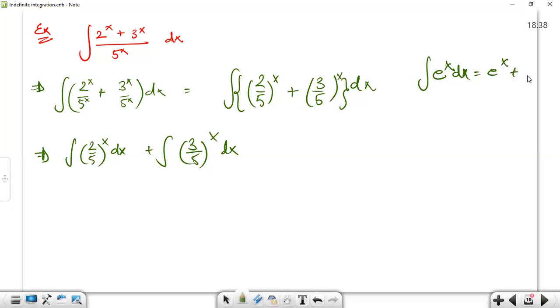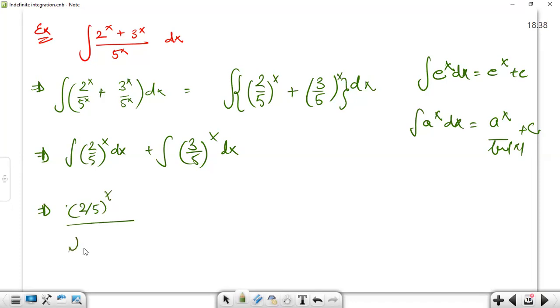It is this only. Integration of an exponential function, it is a to the x divided by logarithm of a, plus c. So now here we can see the constant is there, and it is also an exponential function. So let's use the same formula, and 2 raised to power x by 5 raised to power x divided by logarithm of